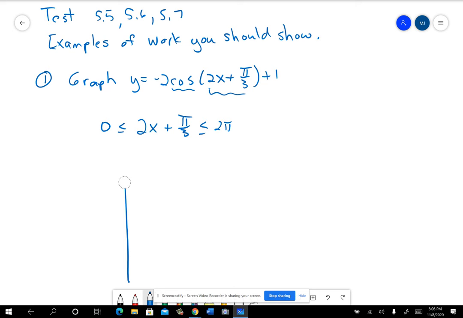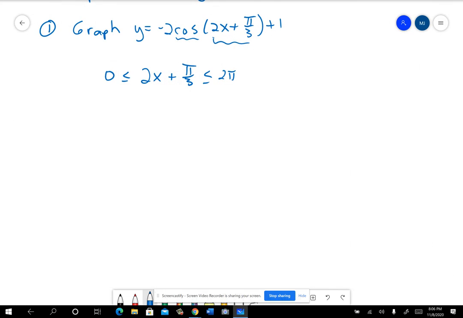Help us to get the 5 key points that we've been talking about. So I'm going to work through that inequality. I'm going to subtract pi over 3 from both sides. When you're dealing with these problems where you have pi but also fractions, remember you can use your calculator and just do 2 minus a third if you need to. You don't have to be able to do it in your head. This would be 6/3 minus 1/3, which would be 5/3 pi. If you can do it in your head, that's fine, but you can just enter that on your calculator. Just leave the pi off and put it back in